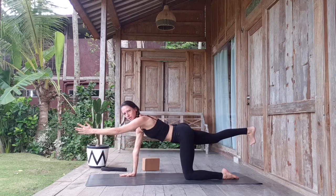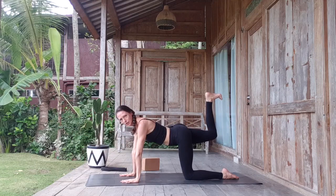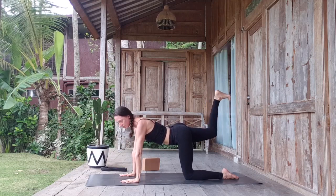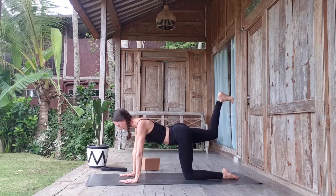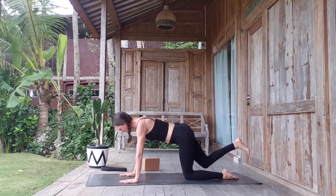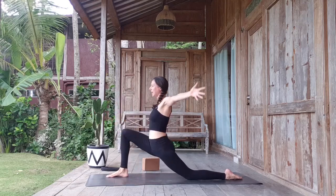Inhale, nice and long. Put left hand down, bend right knee, foot flex, lifting up to the sky, and just pulse 5 times, little bit of a lift. Make sure belly stays where it is so you're not back bending while you're doing it. 3, 2, 1. And then draw the right knee forward, place the foot between the hands, sink into the hips,